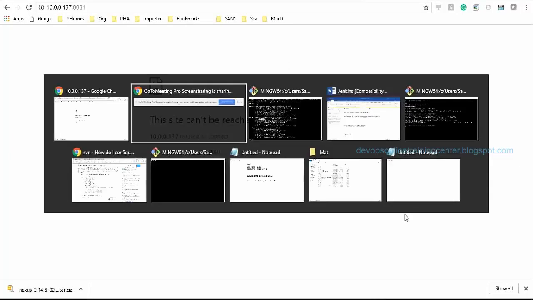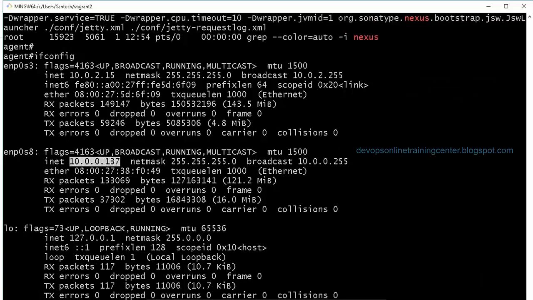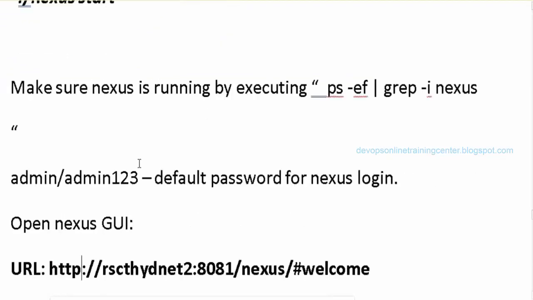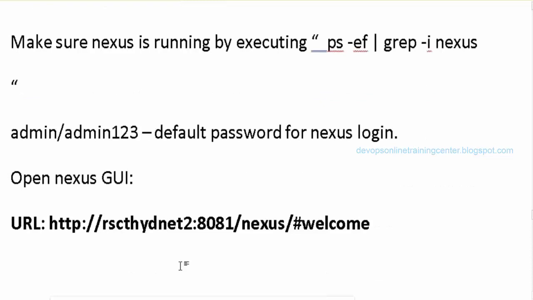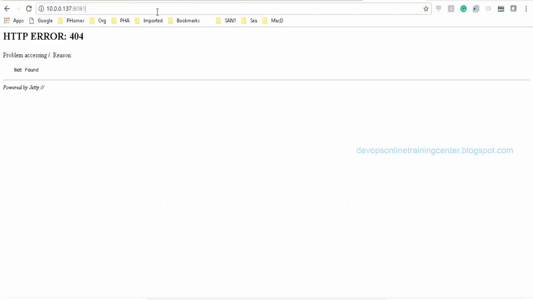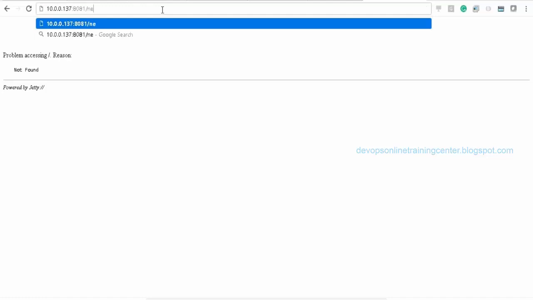Cannot be reached. Is it 8081 or something else? Okay, I need to open it like this: 8081/nexus.